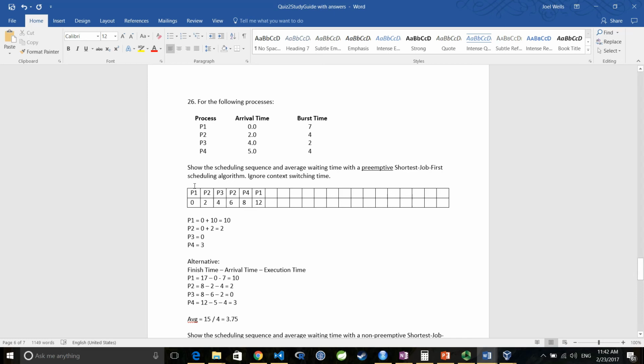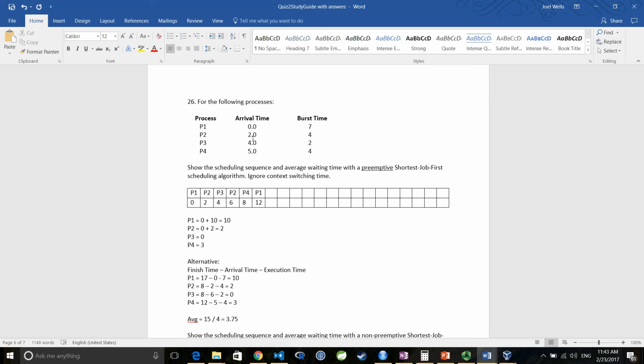So let's go through the schedule first. P1 is the only process available to run at 0, but that changes at 2 when P2 arrives. And so what happens there? Preempts. And why does it preempt? Run that by me one more time. A lower burst time? Yes, that's exactly right. That's right, Justin. Lower burst time. So it preempts. P3 then arrives at 4, and it's going to preempt because it also has a lower burst